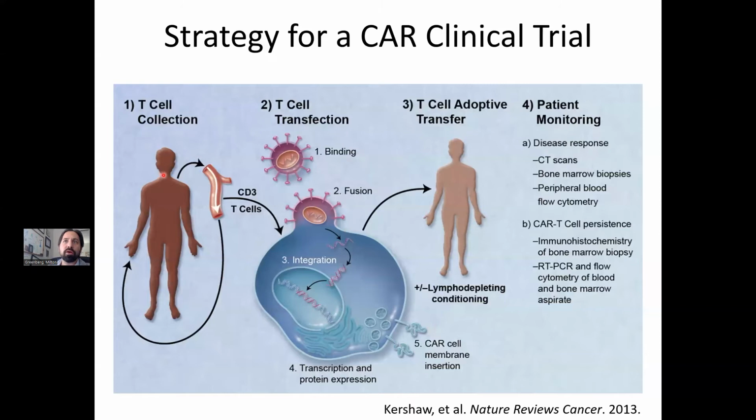So the way this works is that T cells, so CD3 is a general marker of T cells. This includes both your helper T cells that are very good at pumping out pro-inflammatory cytokines to help kill bad things like cancer, as well as CD8 positive T cells that have the direct cytolytic effectors, things like perforin and granzyme that help directly kill things like cancer. So it's pretty interesting. So these chimeric antigen receptor